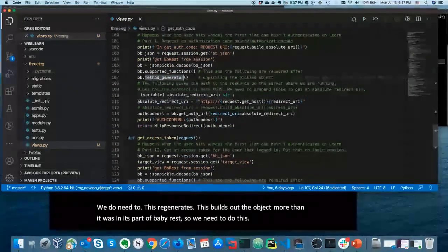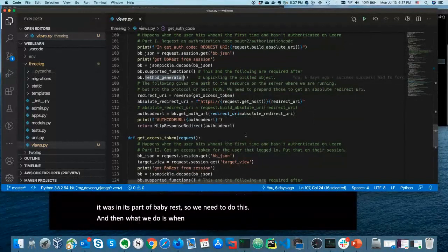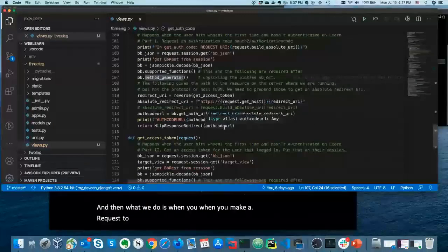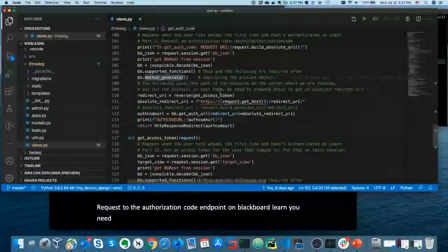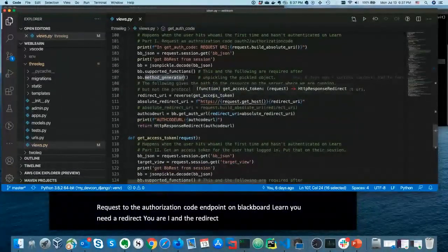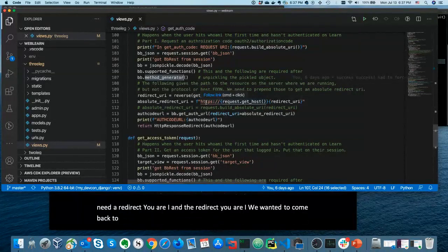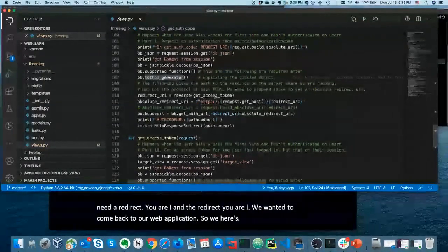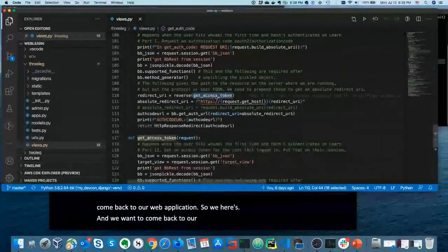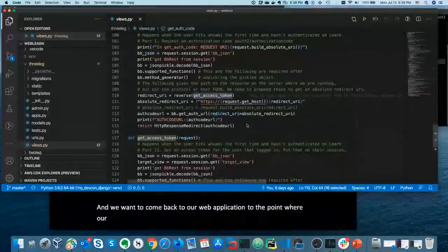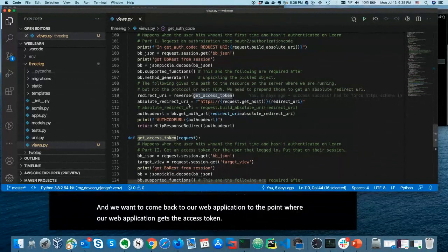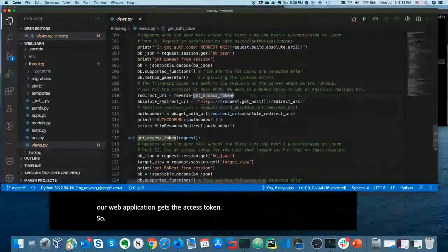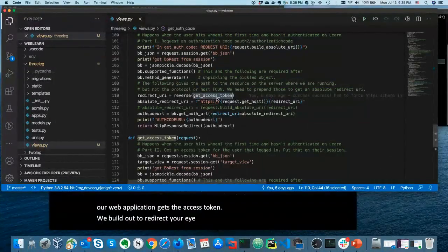And then what we do is when you make a request to the authorization code endpoint on Blackboard Learn, you need a redirect URI. And the redirect URI, we want it to come back to our web application, to the point where our web application gets the access token. So we build out the redirect URI to be the get access token, and reverse is just another Django thing